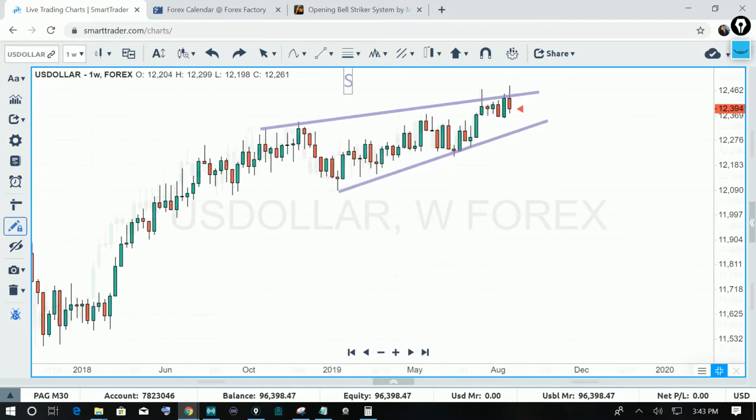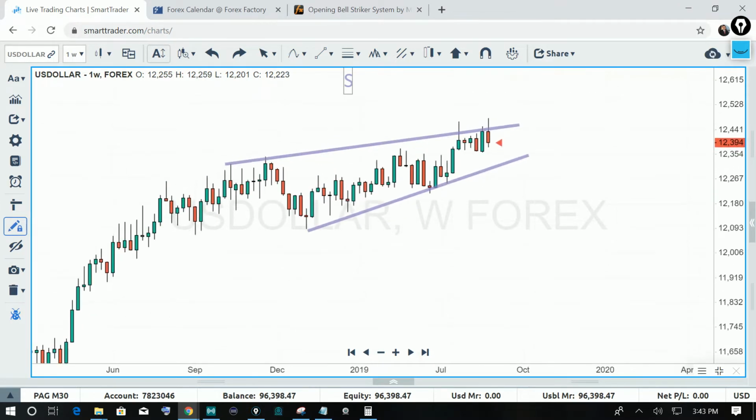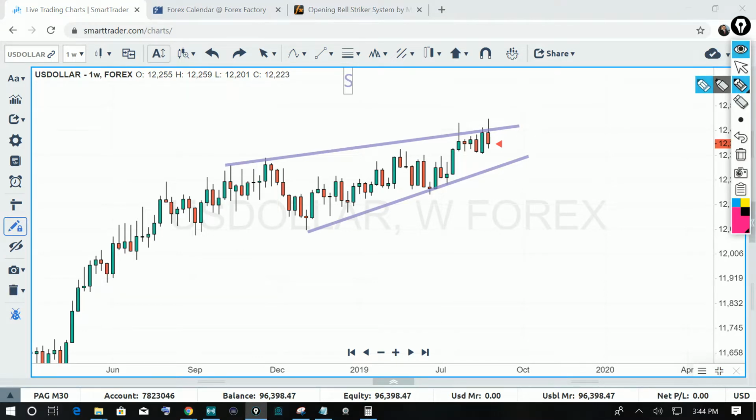Now, traders, it is no surprise that we're expecting price to go ahead and start dropping, because we're in a channel. Now, the one thing that you need to know is that when we're in this rising wedge here, the market normally touches the tops and bottoms 5 times before it breaks back down. So I look at this as 1, 2, 3 right here, and I'm looking for a 4th move here and then a 5th move here to the top, which means that we may not be done, which means the market's going to be doing something like this. Where it's going to come back down, go up, and then it's going to start breaking back down to the south side. So I don't think we're heading into a major fall on the dollar quite yet.